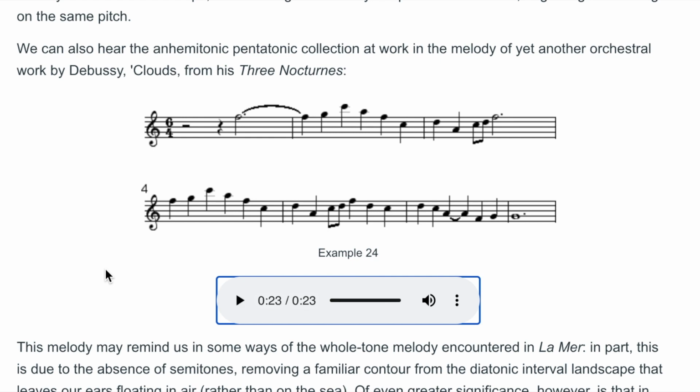I made an example of the melody in isolation like this because it helps us to see how Debussy is not organizing this melody in terms of a single most prominent pitch. There's no clear tonic here. And so I think that one of the reasons why Debussy becomes very interested in the anhemitonic pentatonic is because